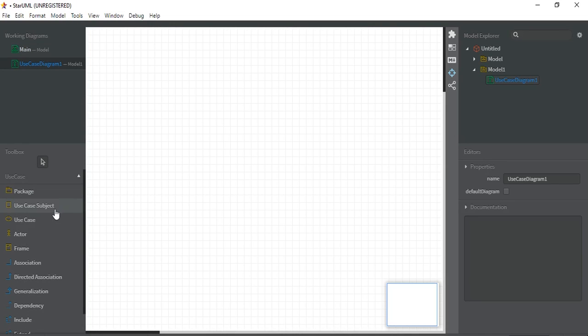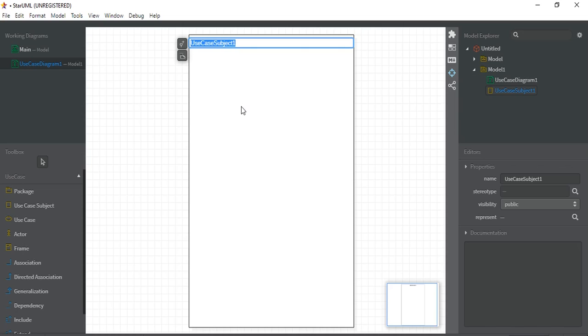The first step is to draw the system boundary. Click over here, then click and drag the system boundary like this, and name the system boundary, such as library management system.